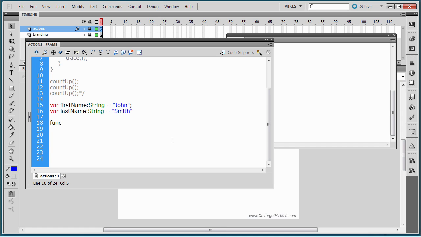Now I want to create a function. And this function I want to call getName. I'm going to have my opening and closing parentheses. I'm going to have a data type of void, opening curly brace and closing curly brace. Actually, you know what? No, I take this back. I want this data type to be string, because I'm actually going to return a string value from this function. And now what I want to do is create a variable inside the function called fullName. And that's going to be data typed as a string. And I want that to be equal to first name